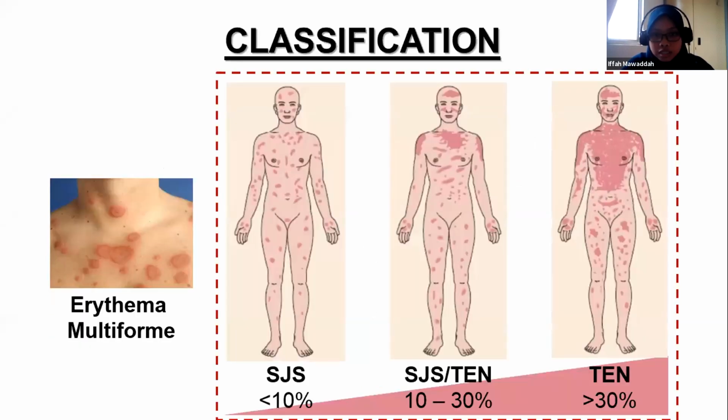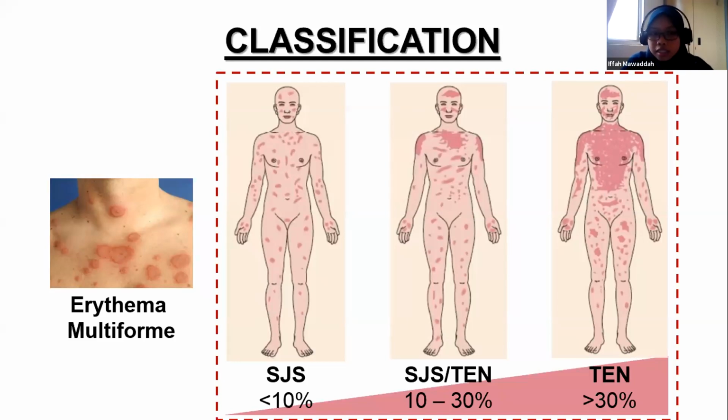Right, before we go into details about Stevens-Johnson syndrome, I would like to introduce to you another name of the disease that I may use along this seminar, which is toxic epidermal necrolysis or TEN. SJS and TEN are actually considered to be the same skin condition but are along a spectrum of disease, whereby TEN is the most severe form of SJS. It's just a variation of the same skin condition.